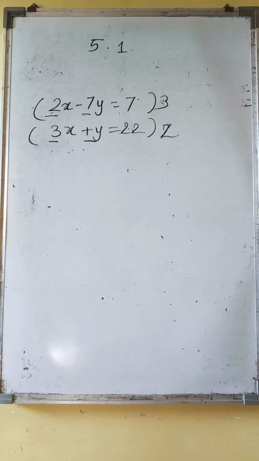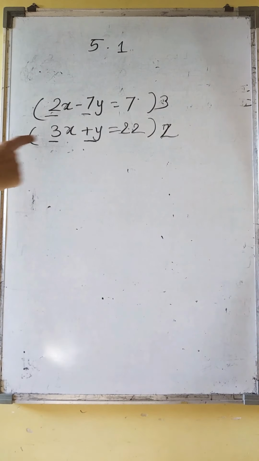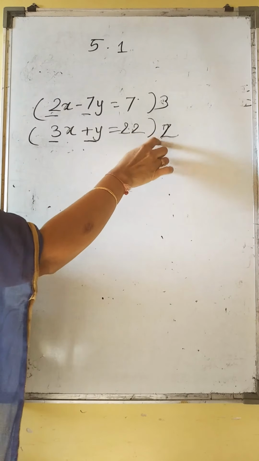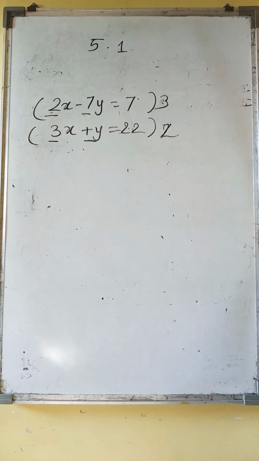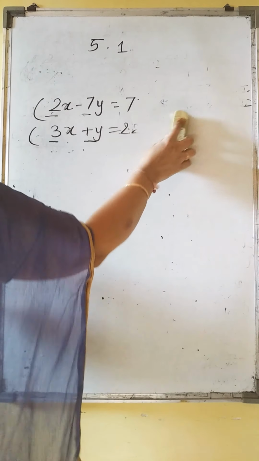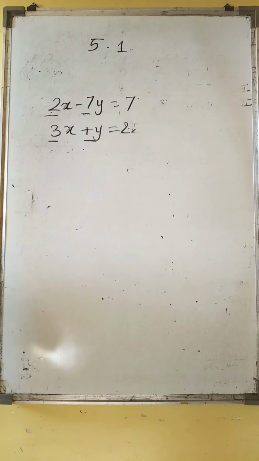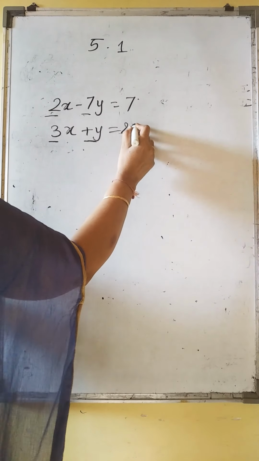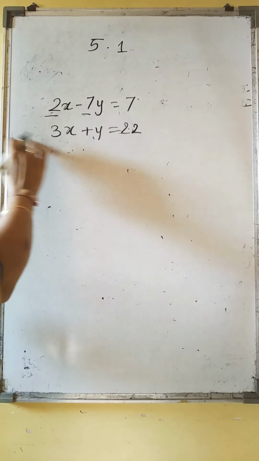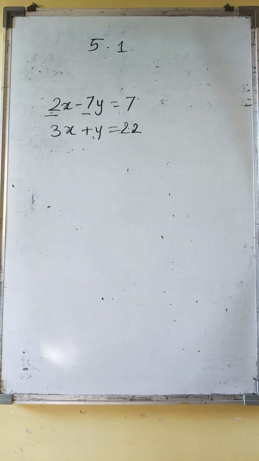So children, in one sum, instead of multiplying this by 7, let me solve in this way. So you will get an idea also. Okay, so this is the last sum now. So I'm trying both the multiplication, both the equation. Okay, you can just have one equation multiply by 7. That way also you are going to get answer. But I wanted to teach you about both the coefficients, how you can make the same.